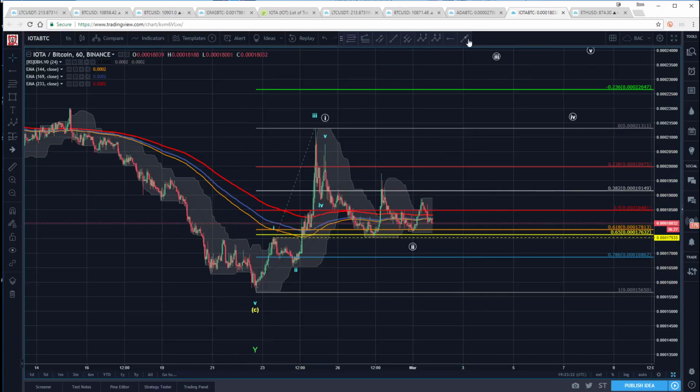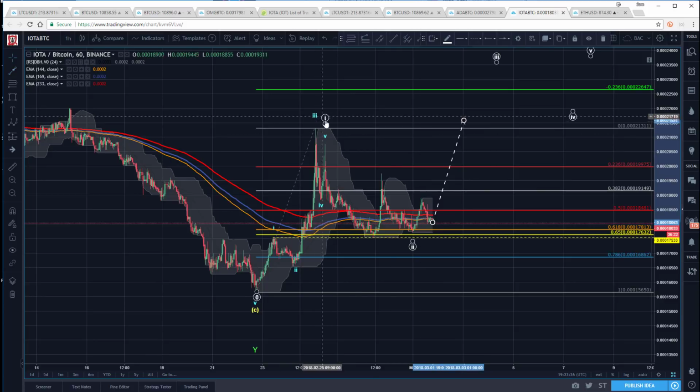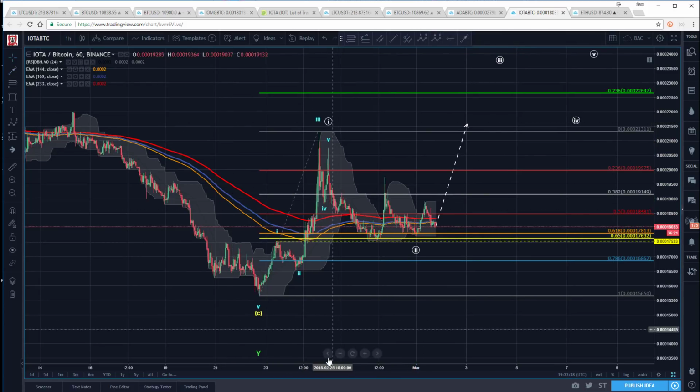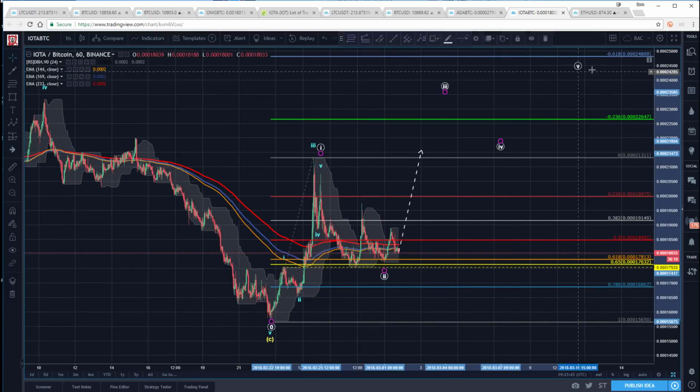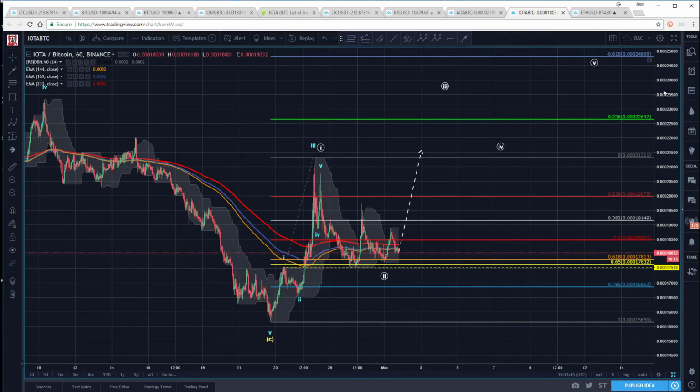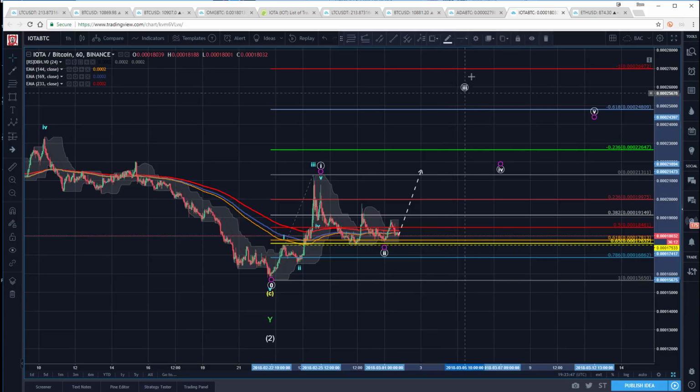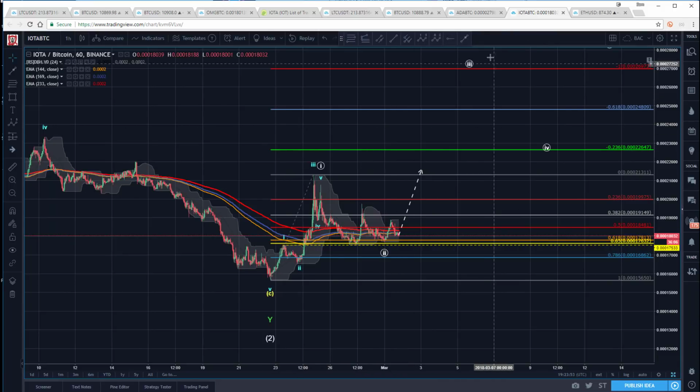To get more confirmation, I'm going to want to see this start to move up here. Because if this is just a 1, 2, and then we're going to go into the 3rd, we're going to need a 1 in the 3rd. So we know that, given that it's coming to the 618, this negative 100, as I've shown you many times, is just a good way to sort of shorthand it. We know that's going to be very close. If this is a 1, 2, that's going to be very close to the 1618.